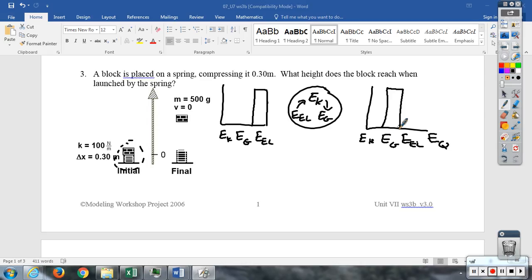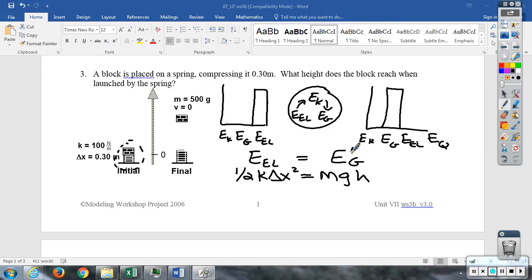So we can set up the formula that Eel equals Eg. And I'm going to bypass the stage where we find what the actual values of the energy are and look for the final answer by doing some algebraic substitutions. So we know that Eel is 1/2 k delta x squared. And we know that Eg equals mgh. So from setting up our formula that describes the conservation of energy,